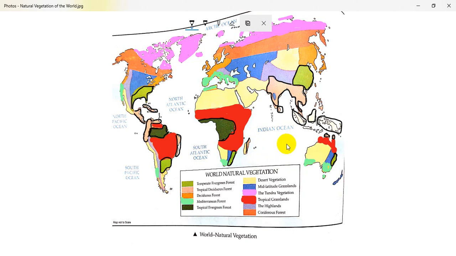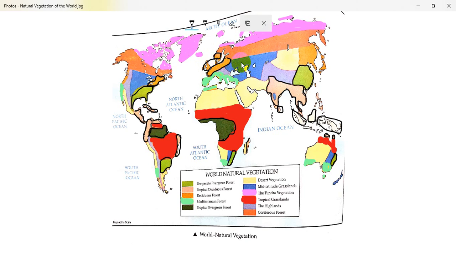Next, we have the temperate deciduous forest. The temperate deciduous forest is shown in North America with that ochre yellow color, in the northeastern part of America and the northwestern part of Europe, including a bit of Norway, Sweden, Finland, that is the Scandinavian zone, and the United Kingdom.